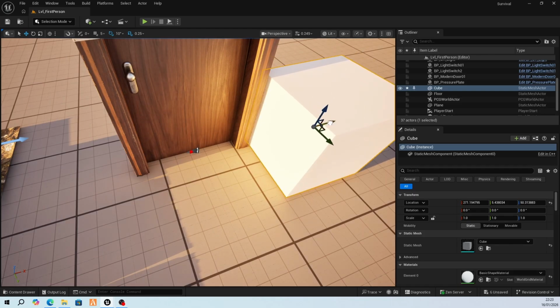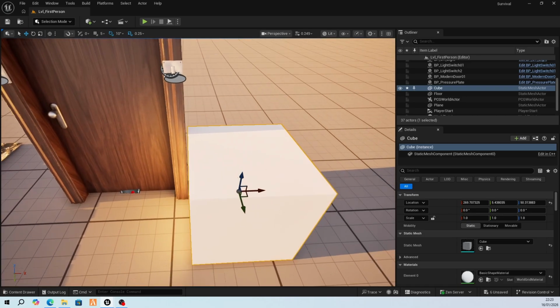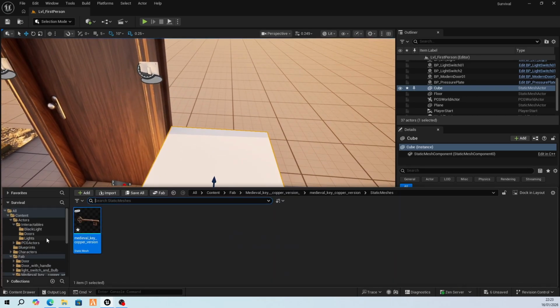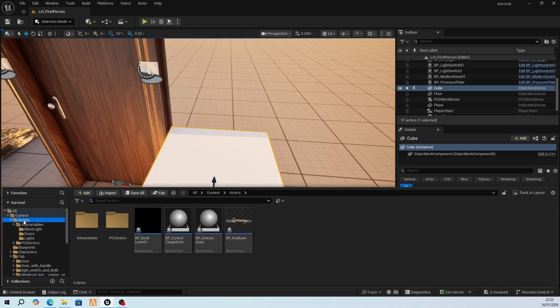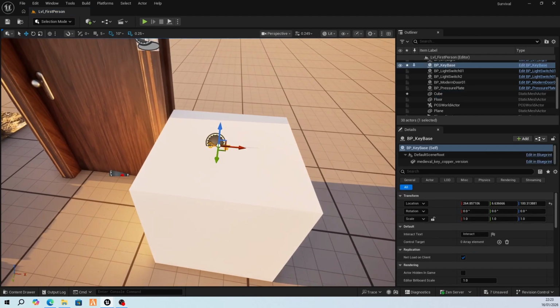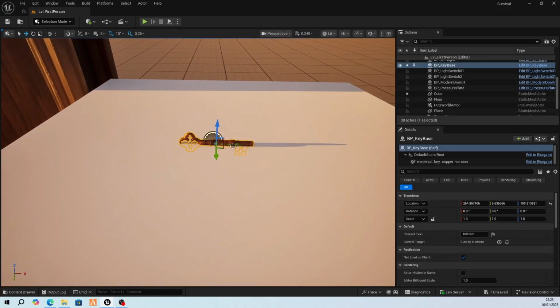Right, and we're going to put it there, and then we're going to place our key. So if we go back to our blueprint we've just made in our actors, and we're going to go like this, and we're going to place it there. Now where it is there it's perfect. We just want to rotate it. We click E and rotate it along the,